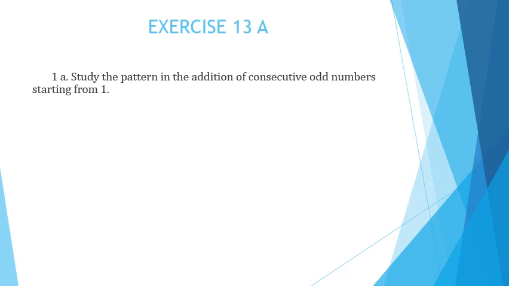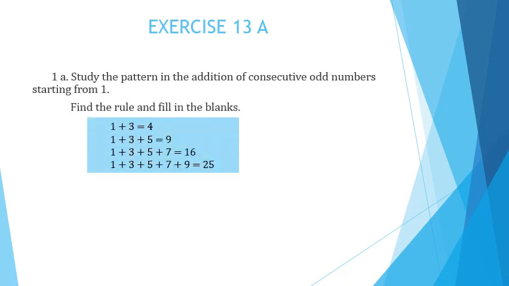Now children, let's do the remaining questions of exercise 13A. First one is: study the pattern in the addition of consecutive odd numbers starting from 1. Find the rule and fill in the blanks. So children, 1 plus 3 is equal to 4, 1 plus 3 plus 5 is equal to 9, 1 plus 3 plus 5 plus 7 is equal to 16, 1 plus 3 plus 5 plus 7 plus 9 is equal